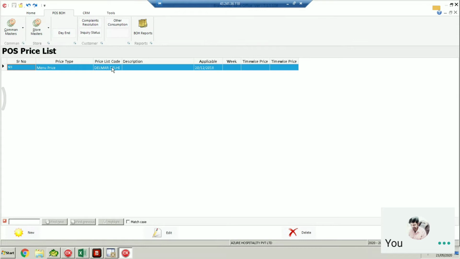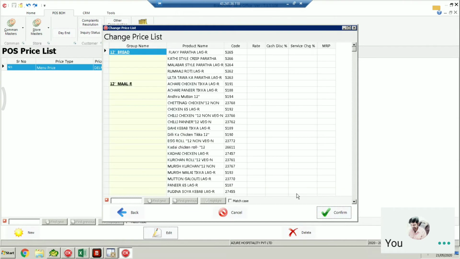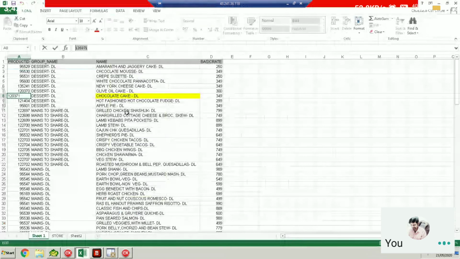So what we will do is create the price list head first, and we'll put all the prices for the delivery channel. Now here I have kept only one single pricing. Delivery pricing is the same for the restaurant, and for the portal also it is the same. But if you decide to differentiate your pricing for restaurant and portal, then it is possible. Here you can search any menu which is configured.